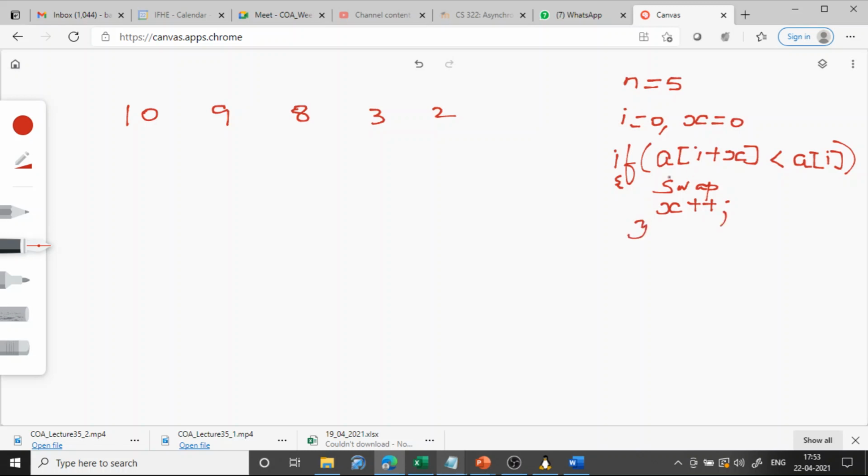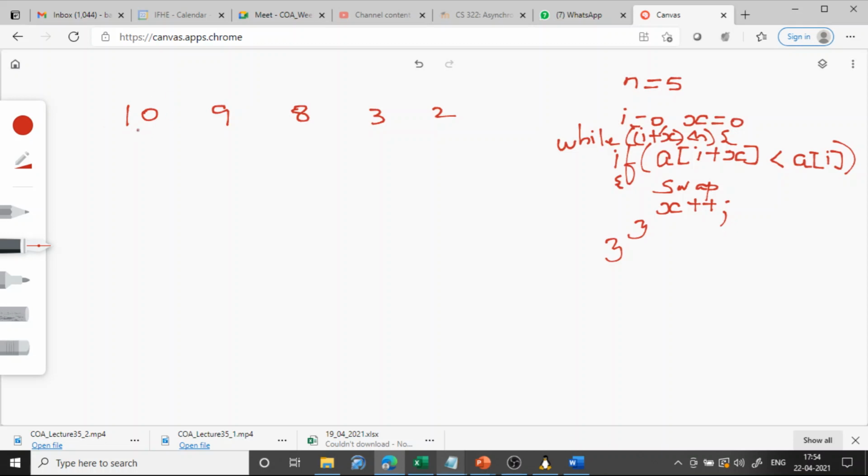This should keep on being repeated until how long? Until i plus x is less than n. So here you can write a while loop: while i plus x is less than n, you have to do this task. This is the core logic, but still not a complete logic. This is for one ith element. Like that, for every element you have to do, so another for loop will come outside. We will discuss that later.